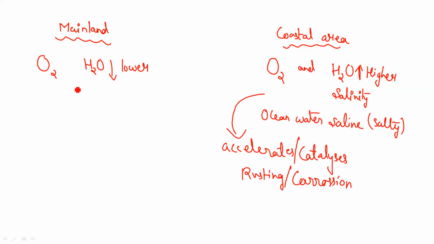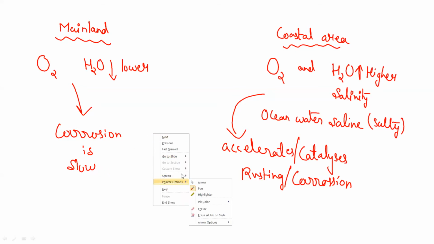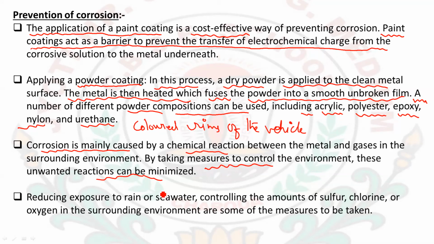While in the case of the mainland, the corrosion is slow as compared to that in the coastal region. So the environment also plays a very important role in the corrosion process. Okay, so